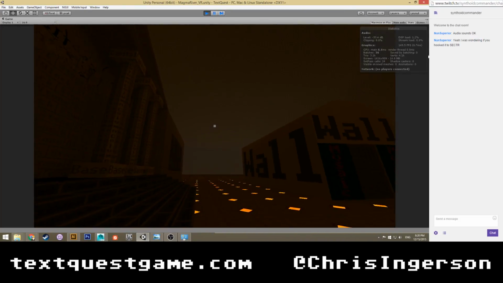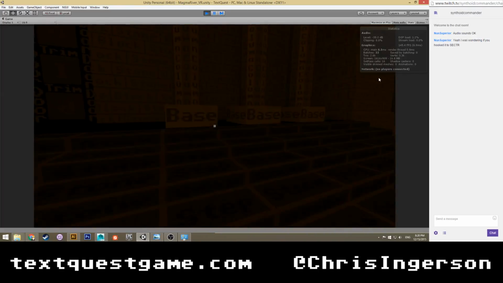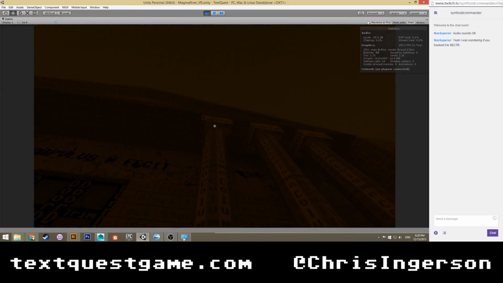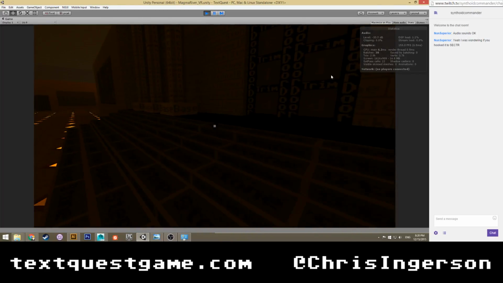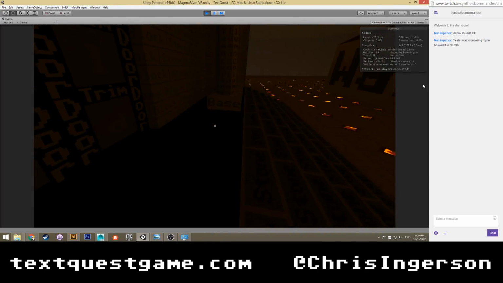So, fun bit of architectural trivia if you don't know. The base of a pillar is called the base, and the top of a pillar, where it extends outwards, is called the capital. So now you can beat your friends and family in Trivial Pursuit.